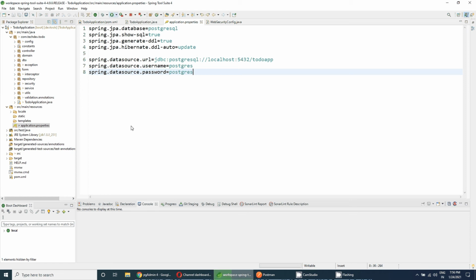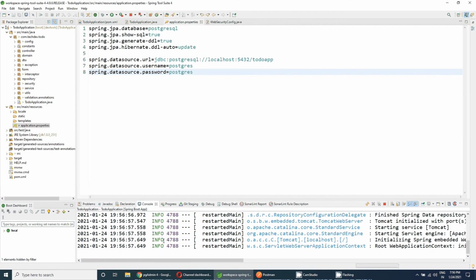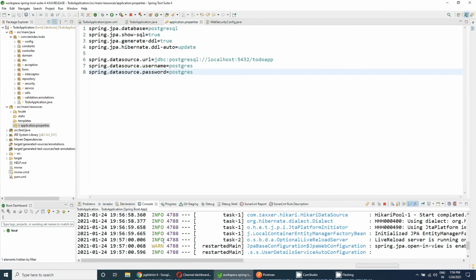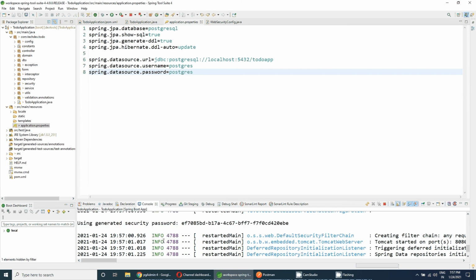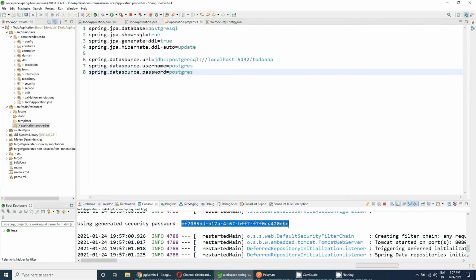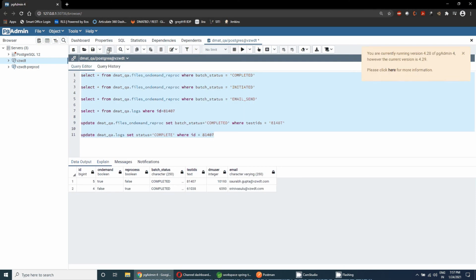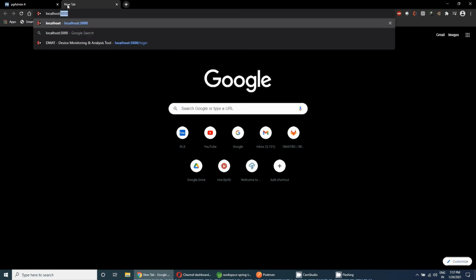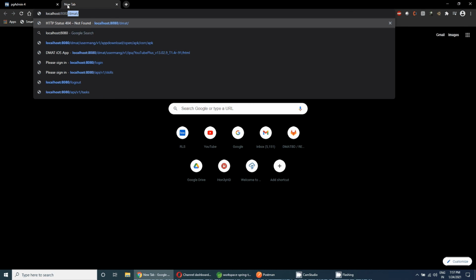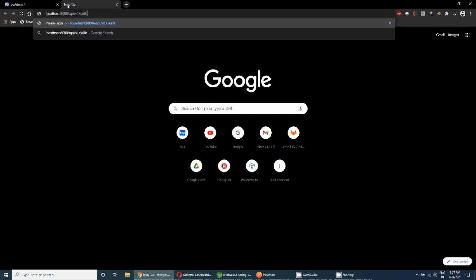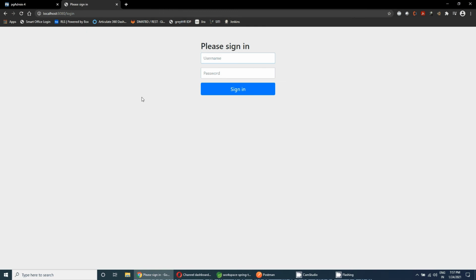Let's start the application. In this video, I have not yet covered the concept of custom password and username. I am just trying to explain the earlier video concept also. So let's copy this password and go to the browser, and suppose I want to get the data of the skills API. If I hit this API on the browser, it will definitely ask for the username and password credential to authenticate that the request is valid or not.